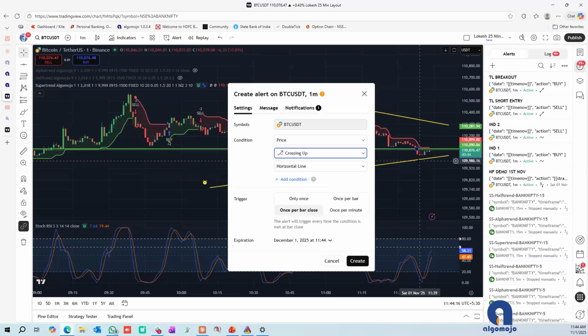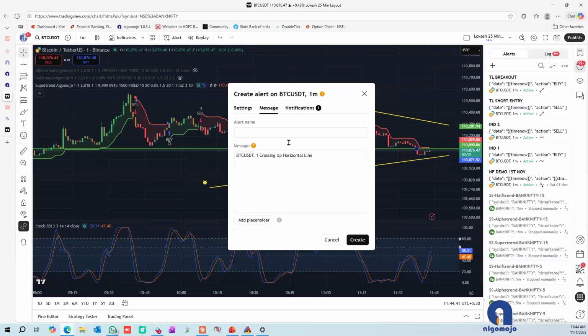You will want the price to go down and then start coming up, so that you know that this is a good support. So you can say price crossing up. It will not trigger when the price is crossing down this line. When it has gone down and starts moving up, it will take a long trigger. We want a long position to be taken. So we will say crossing up the price at this level, and in the message box